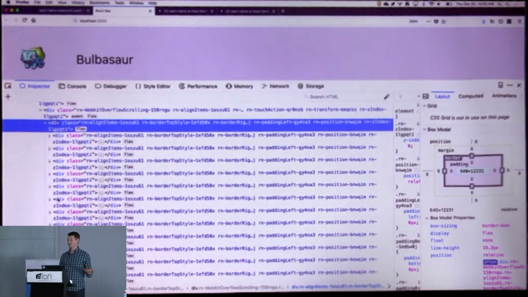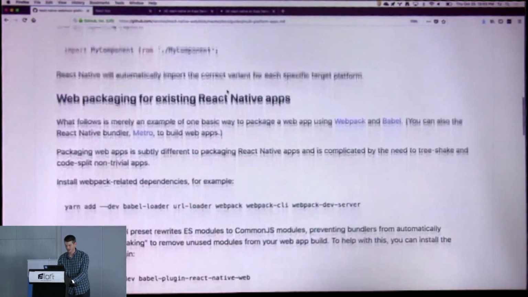So at least in my experience, this is kind of cool, especially if you have an existing React Native app, just to be able to toss this onto the web. But you have to be a little bit careful, and you might have to work around some of these situations when you hit them. The last thing I'll mention before I go on to NativeScript as well is